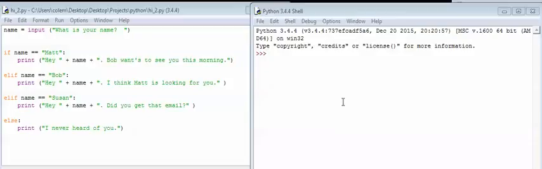We have a variable name and it's going to equal the input, whatever value we provide. This will print out the question, what is your name, with a space, notice the space inside the double quotes. And then whatever value I input via my keyboard is going to be put into the variable name. And then it will go into our program, and the first initial statement is an if statement. It's going to say, okay, if that name variable value is equal to Matt, M-A-T-T, literally Matt, then